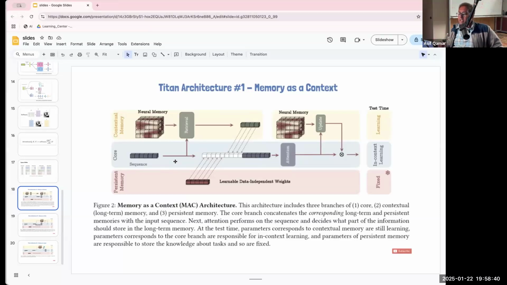So at the higher level, what happens when new information comes to this system, that's called the sequence? In this architecture, it's going to consult the long-term memory and retrieve some information from it. At the same time, from the persistent memory, some other tokens are added to this, right? That's why you can see the arrow. Whatever is retrieved from the long-term memory is added to the current input. And then all three things are concatenated together and fed into the attention mechanism, right?